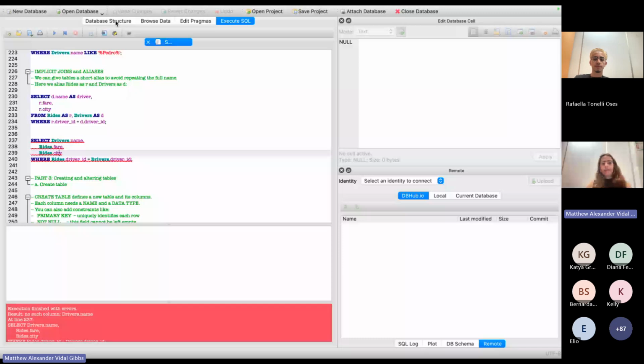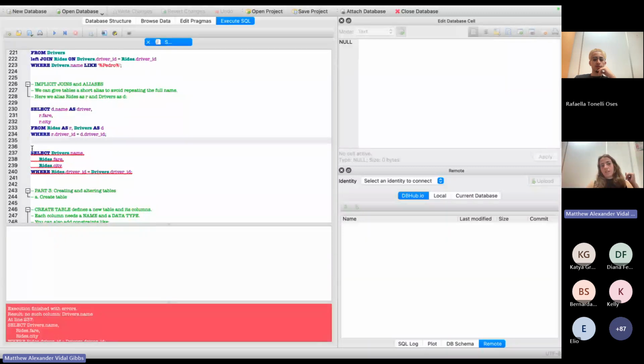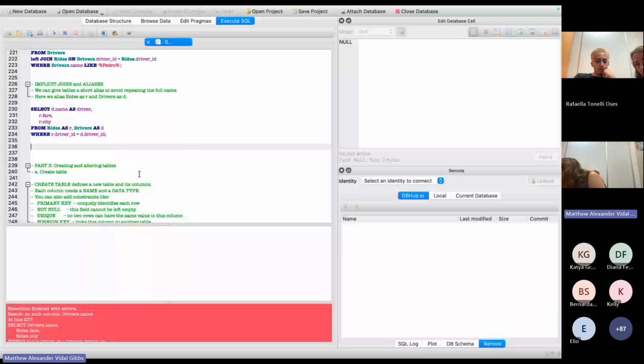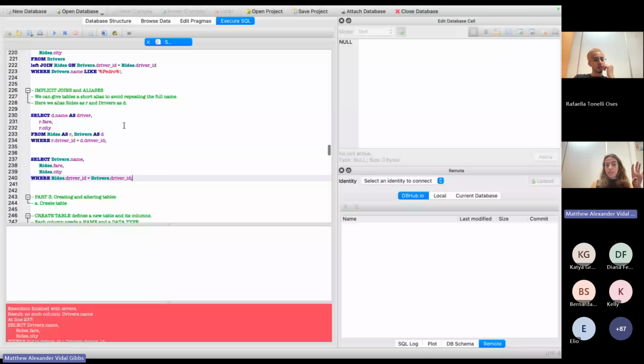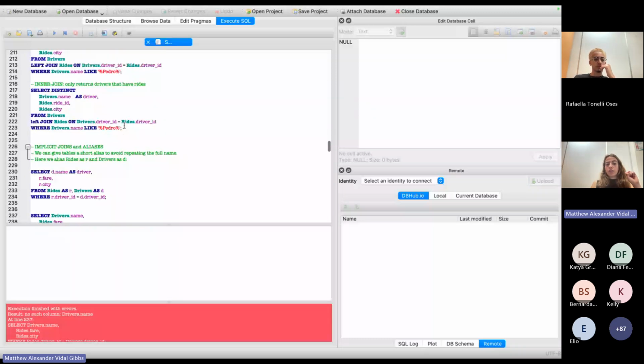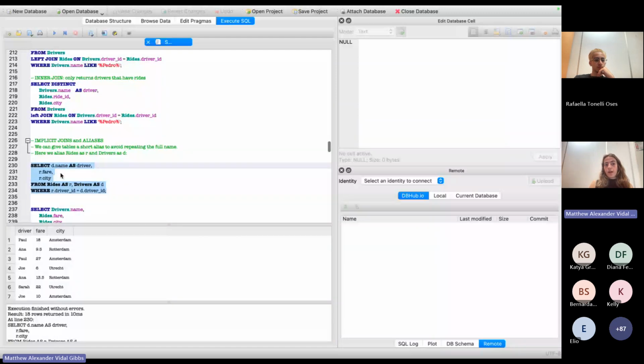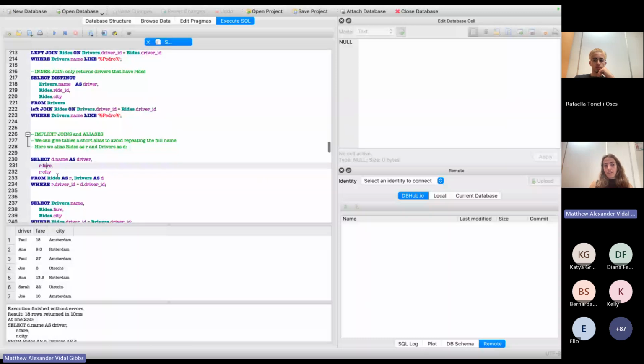I have a question from Veronica. Why does it say from drivers after your selection if you're selecting columns from rides as well, for the usual join functions? Yeah, so what the join is doing is exactly this. It's combining content from different tables in one single result. So I'm consuming here from the rides, but I bring this